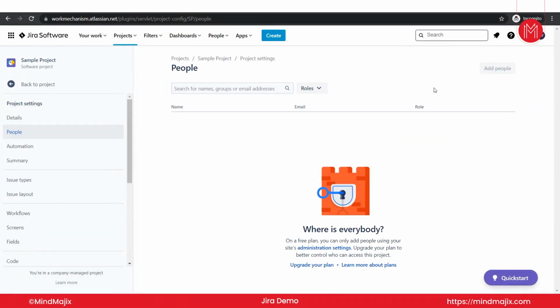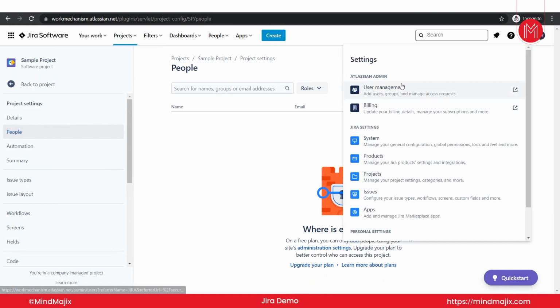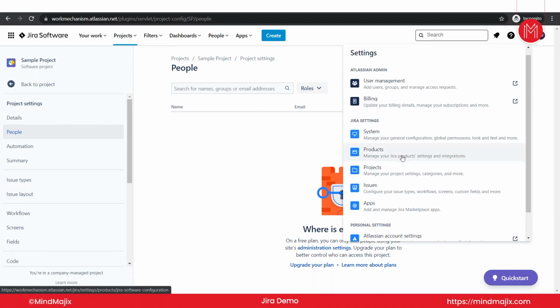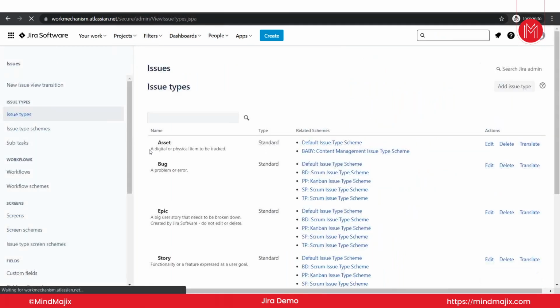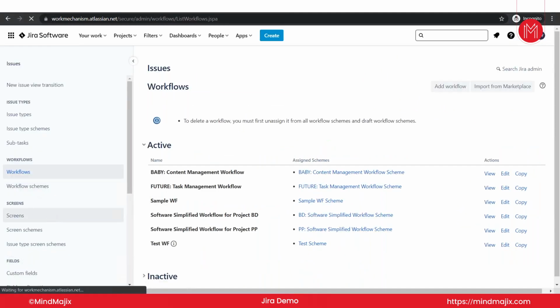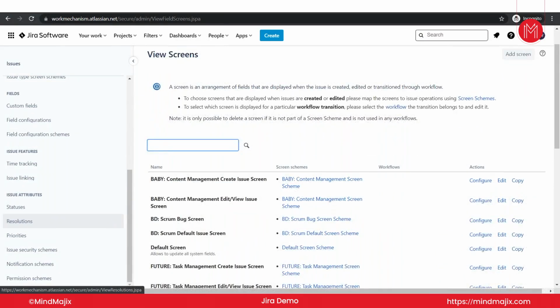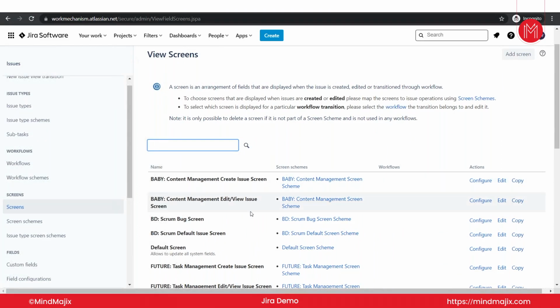But one of the major important things that you would want to understand is the admin section, which as a Jira admin you will understand. Till now, whatever we have seen is at a project level, and whatever we are going to see now is at the admin section. This is one of the most important parts: understanding how to create issue types, how to create workflows for projects, how to create screens for projects, how to create fields, custom fields, how to track time, add different kinds of schemes and notification schemes and everything, so that you are configuring everything for your team through Jira. I think this is one of the things as a Jira admin you should be hands-on with,